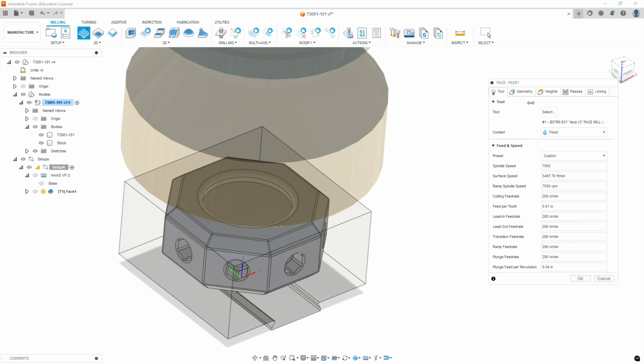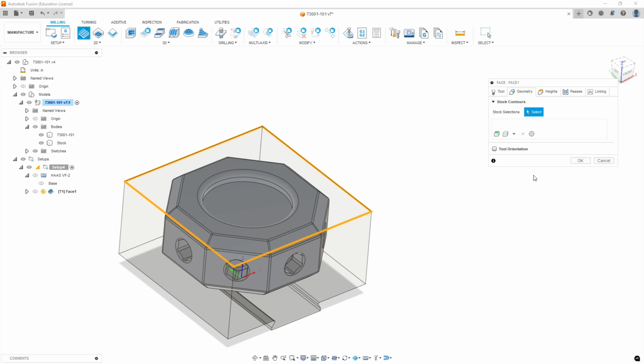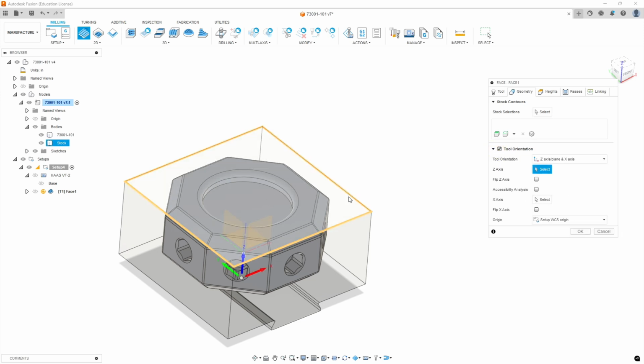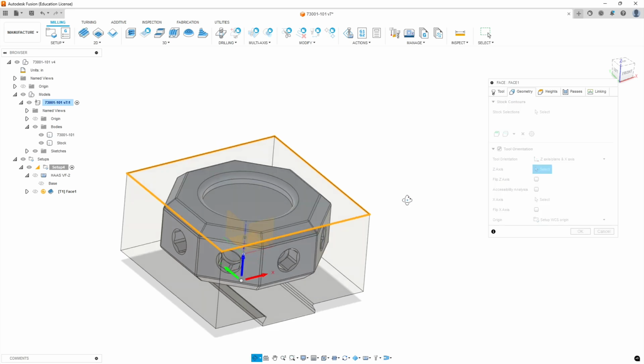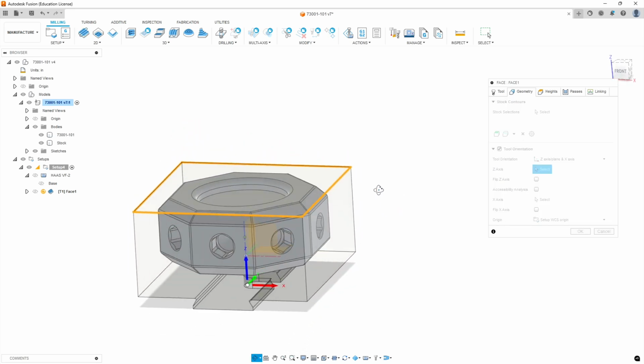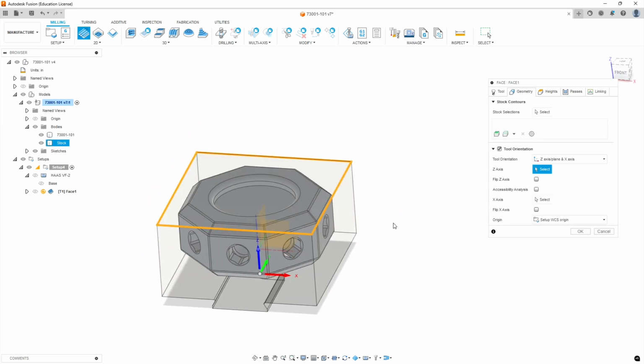All right, we're going to move on to the geometry tab, and we're going to basically mill off the top of this. But since we're working on 5-axis, we need to set our tool orientation. Now, right now, the way the model orientation is actually okay, but I'm in the habit of, once we start doing multi-axis stuff, you're going to select your Z-axis that needs to be perpendicular to the primary spindle when it's